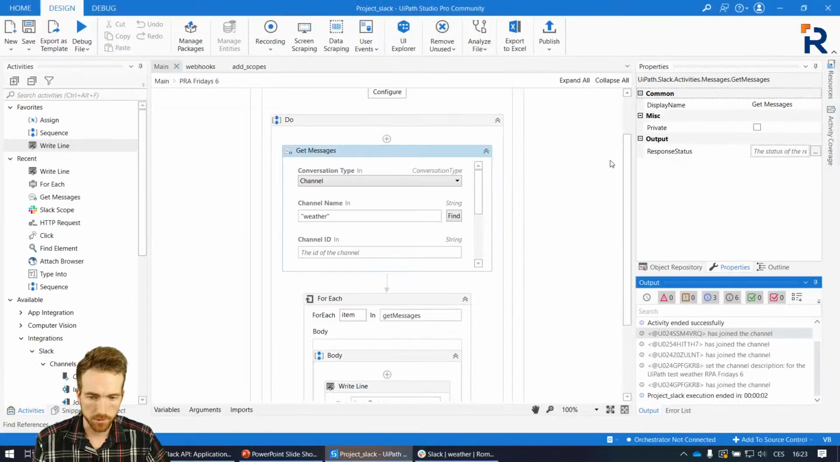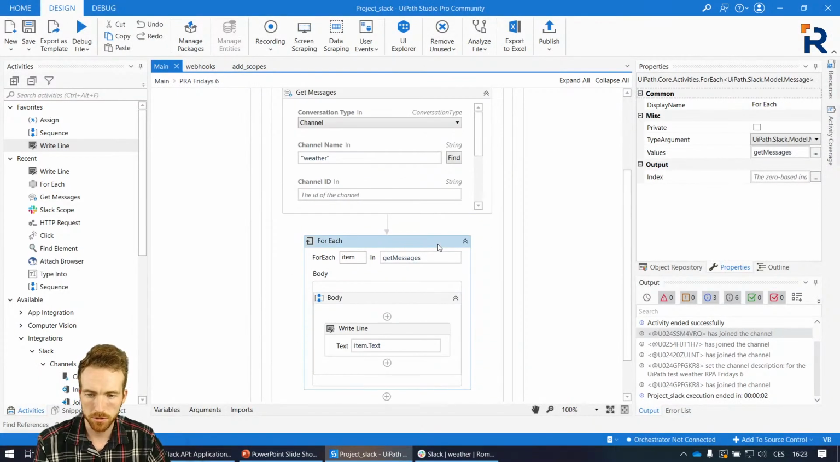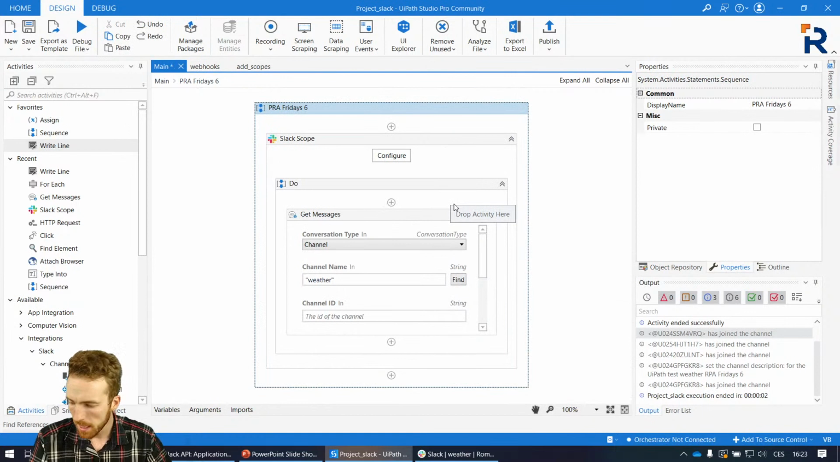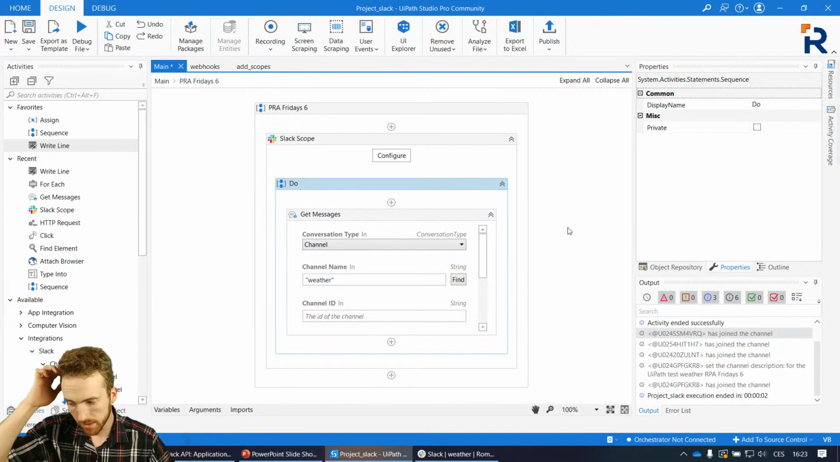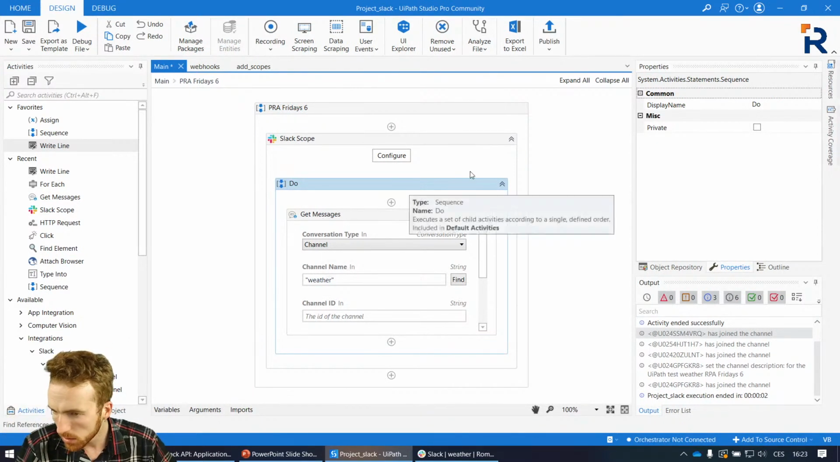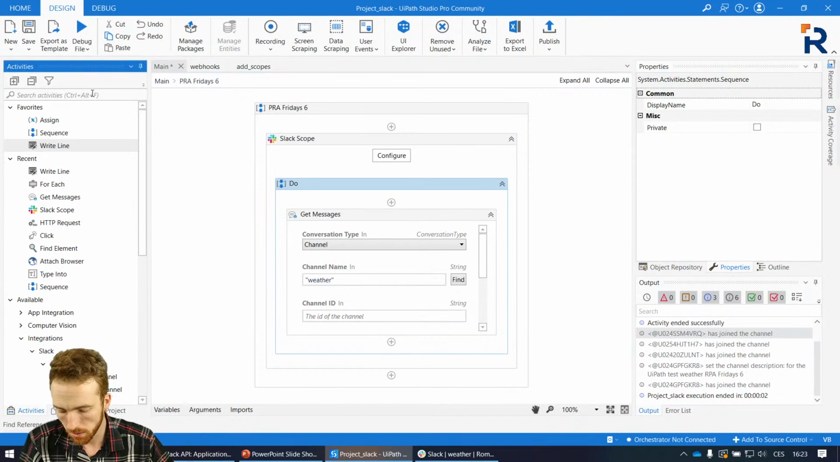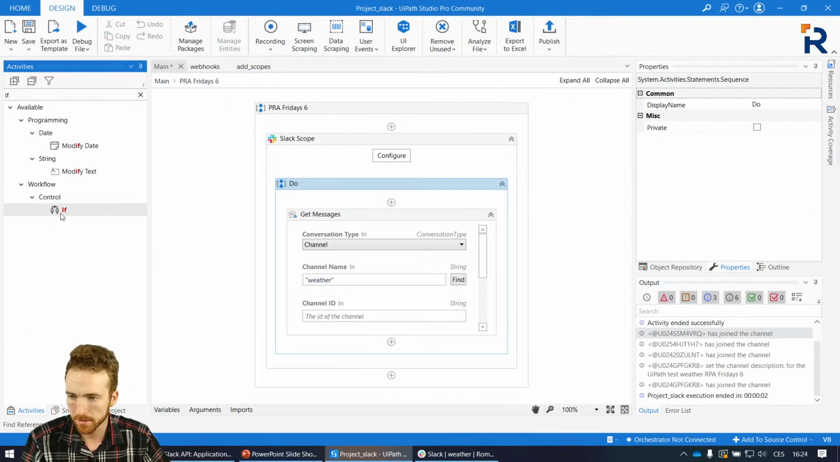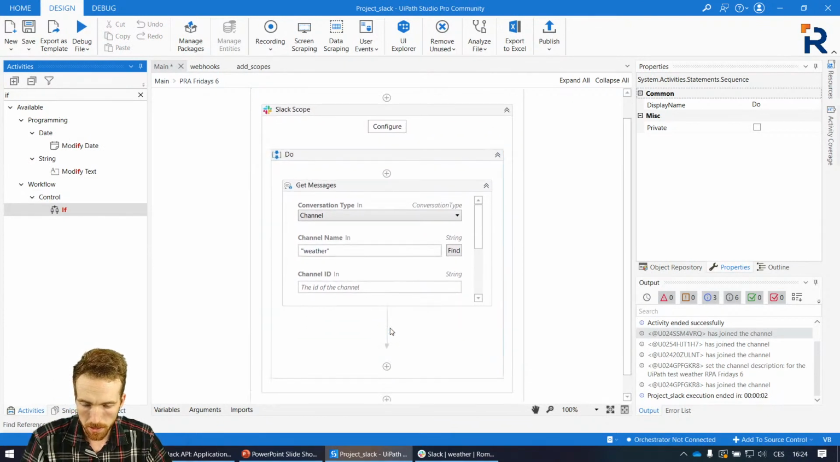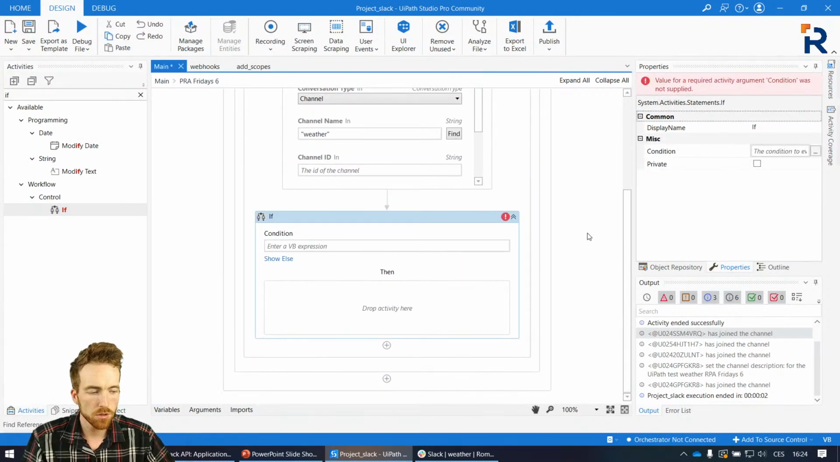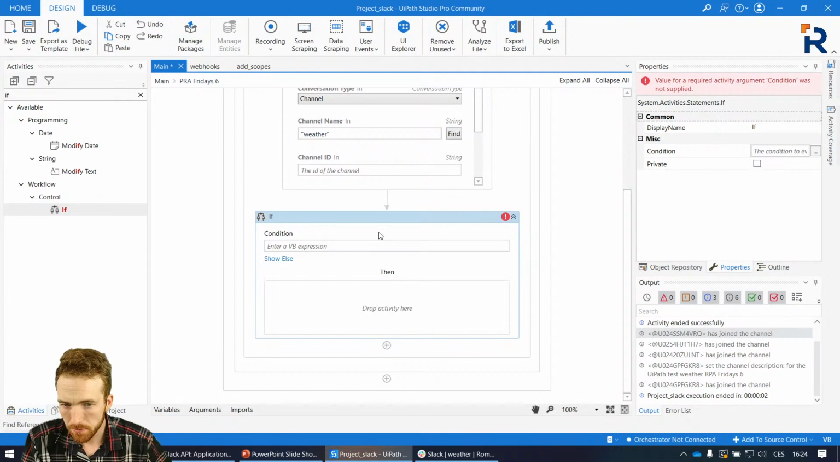So let's do it. I don't need this for each anymore. Sorry, for each. And in Slack scope, in this big one, and we will have a lot of stacked activities this time again, I want to put an if condition. So I want to check whether the last message is from somebody else than the robot. If somebody new actually posts the message, not the robot. And when I say the robot, this will be the user, the owner of the application this time. So if